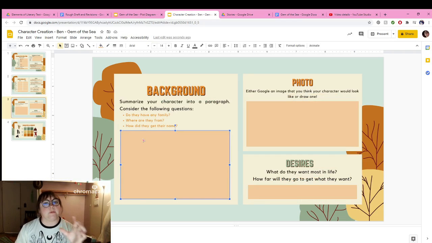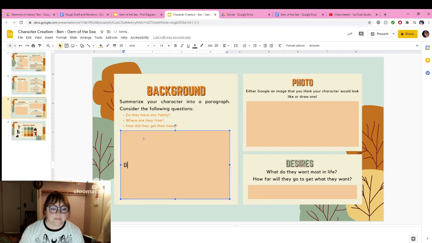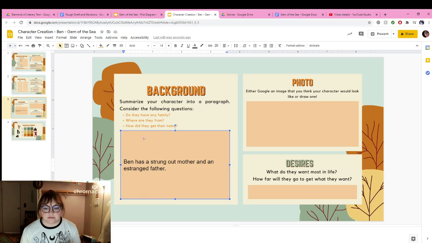Background. This is really important to fill out, so I'm going to fill this out really quickly for Ben. Ben has a strung out mother and an estranged father. Estranged means like they're not really in touch. He doesn't really talk to his dad that often. His dad does exist and he's somewhat involved in his life. And that might be important to put in here, because maybe we want to change the story. Maybe we want to adjust how things go. So I'm like,